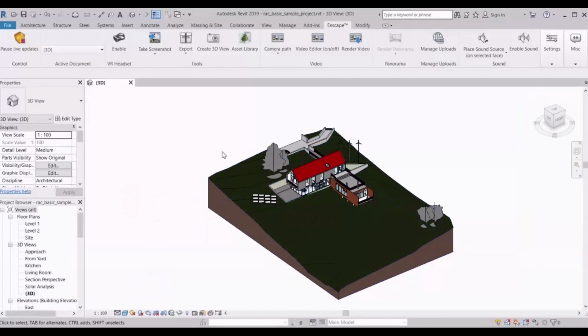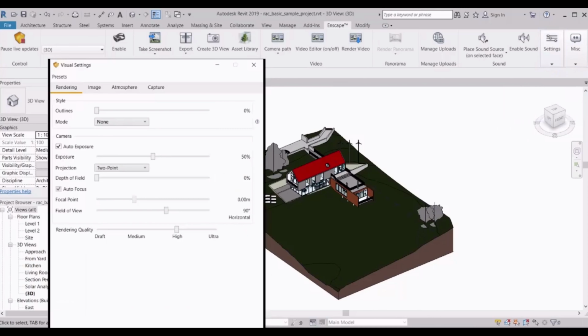All right, and after that, if you have created a path in Revit, you can load that path from here as well. Now let's go to the visual settings and come to this Inkscape mode.